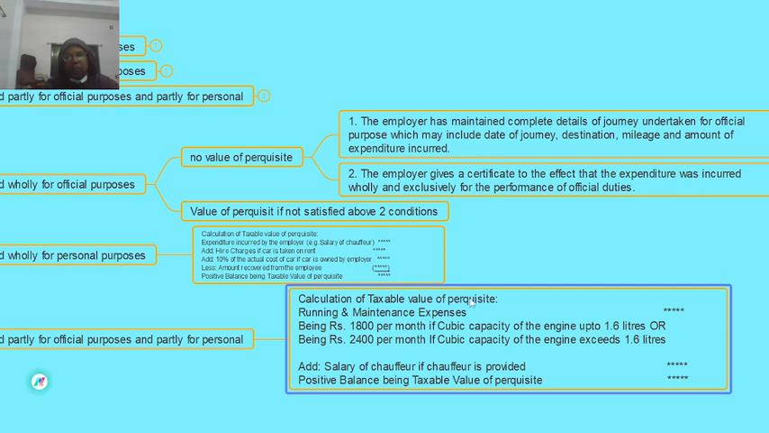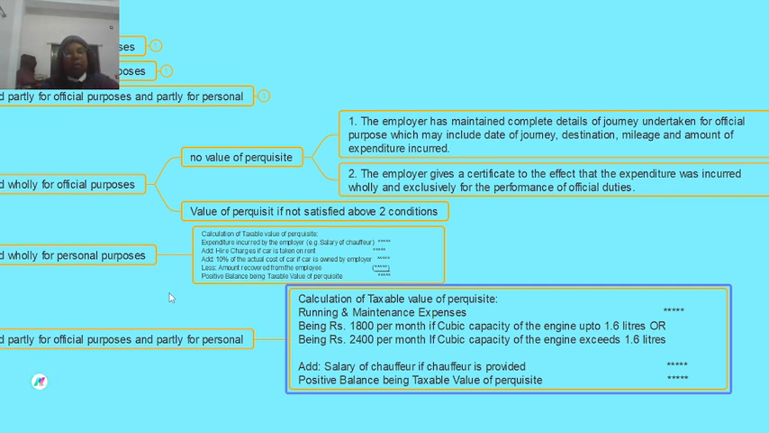the calculation of the taxable value of perquisite will be: running and maintenance expenses being 1,800 per month if the cubic capacity of the engine is up to 1.6 liters, or 2,400 per month if the cubic capacity of the engine exceeds 1.6 liters. Add the salary of the chauffeur if a chauffeur is provided, then the positive balance will be the taxable value of perquisite. So if the car is owned by the employee and